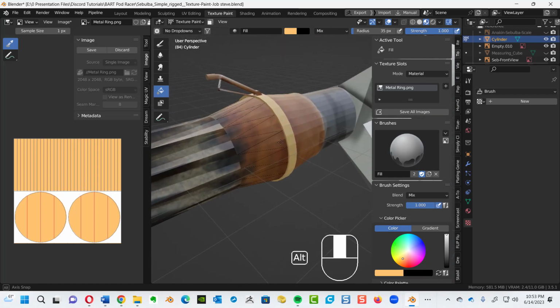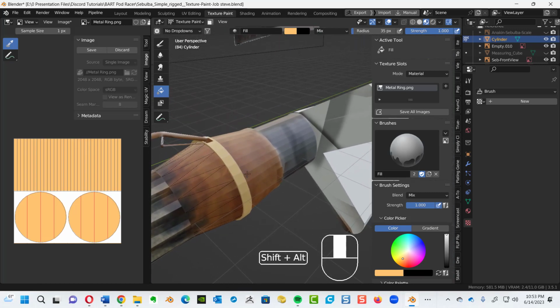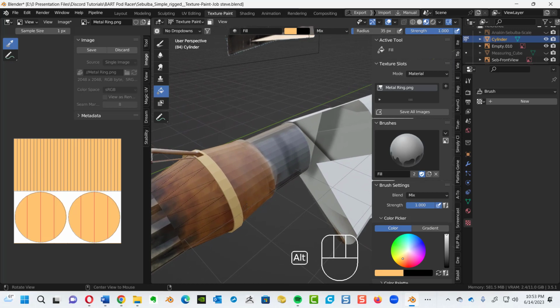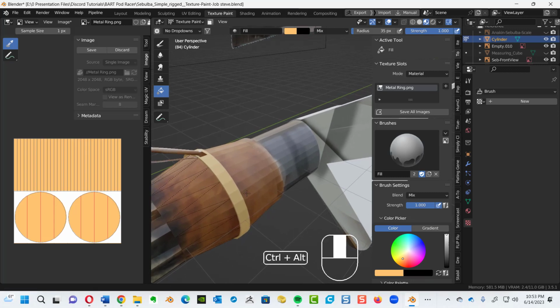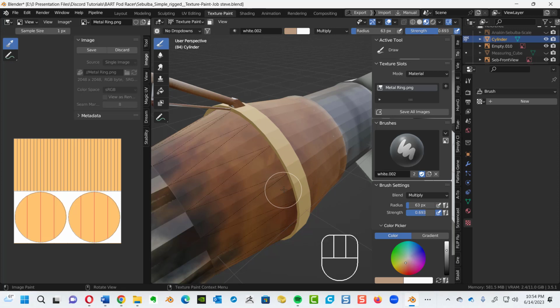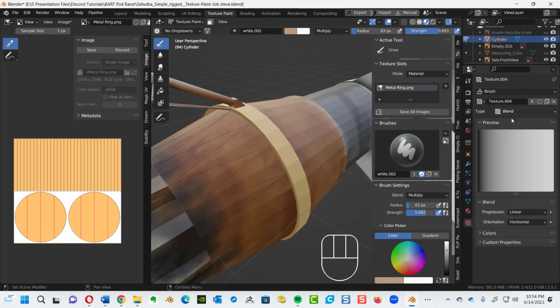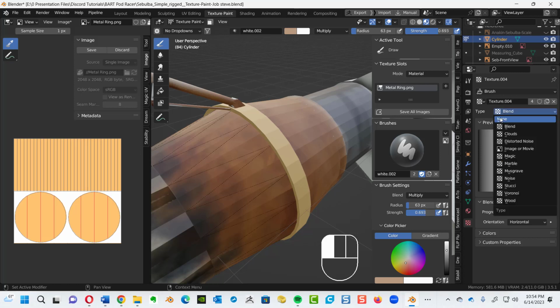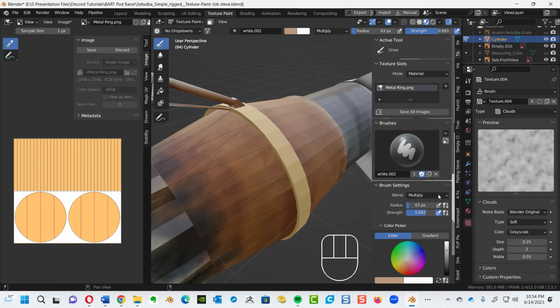So be aware that if you want separate objects to be easy to fill with a particular color very quickly, then you're going to want to come over here and make it a separate object. And then from here you can always get your brush, right? So we'll come over here and grab our brush. We'll keep that color, okay? But we may want to add another texture. So a new texture, and instead of a blend, we'll go over here to use, as an example, our clouds once again, right? And then I can go to the sides